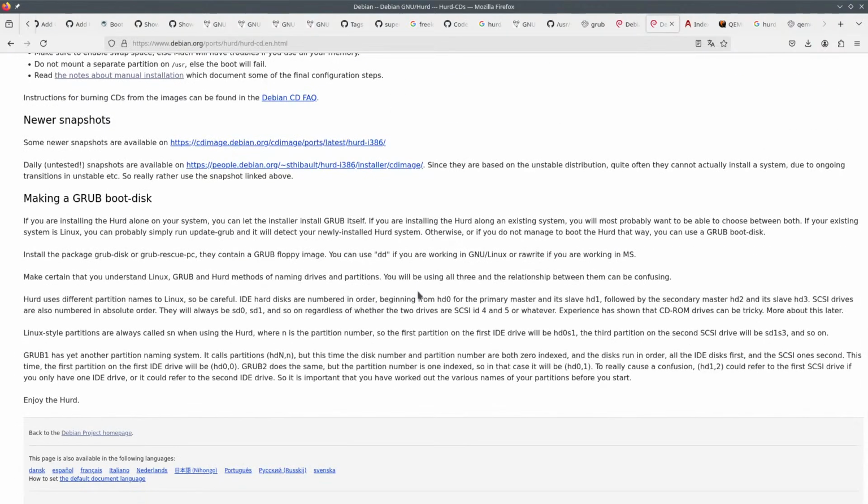Making a Grub2 Disk. If you are installing the GNU alone, you can let it, otherwise you can use a Grub2 Disk. Or you can use Super Grub2 Disk once I manage to do this properly.